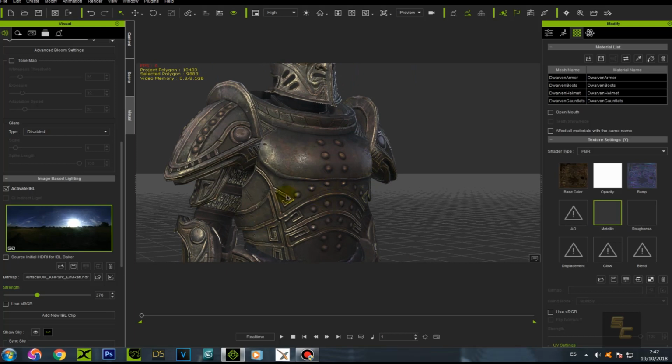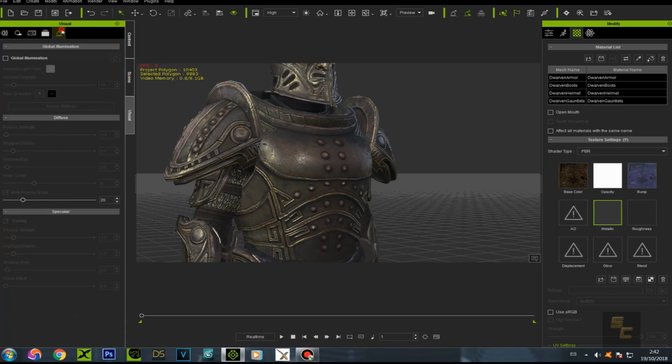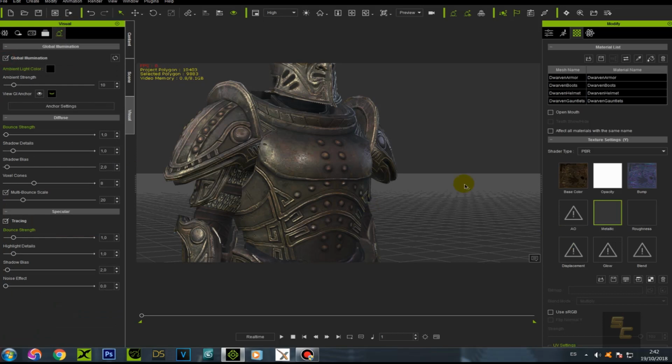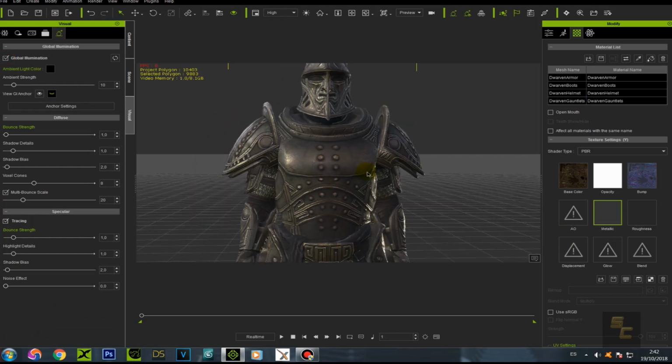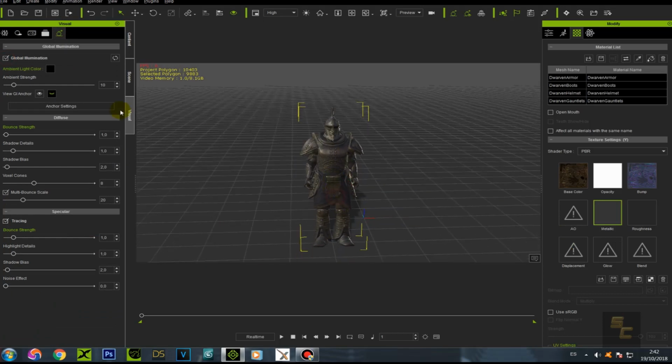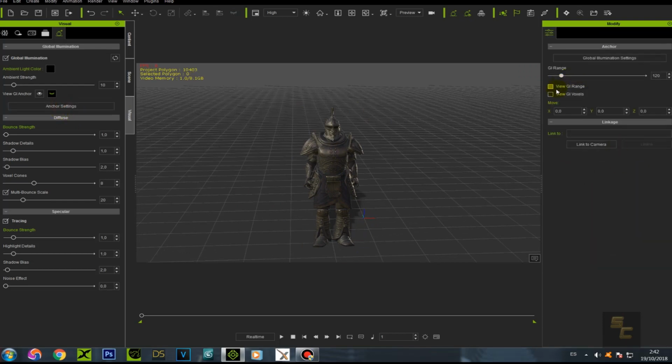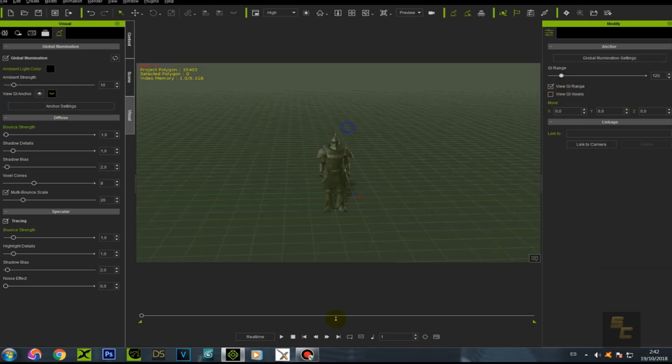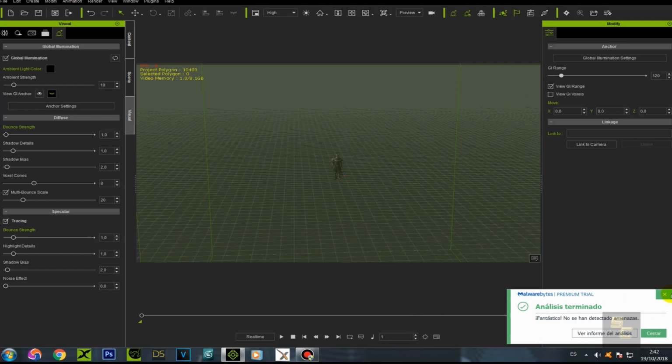Now let's play a little bit around with the ambient light here, the global illumination, and let's see if we can do something here. First of all, go to the Android settings and go to the view GI range, and you can see